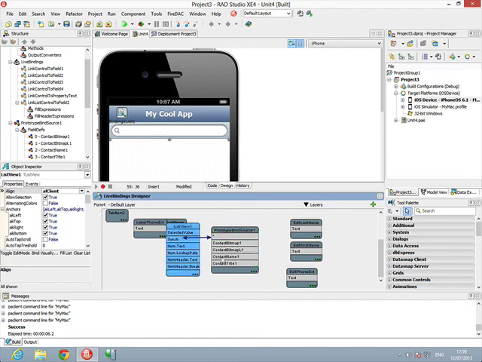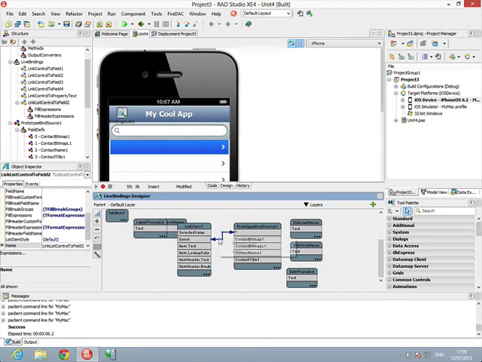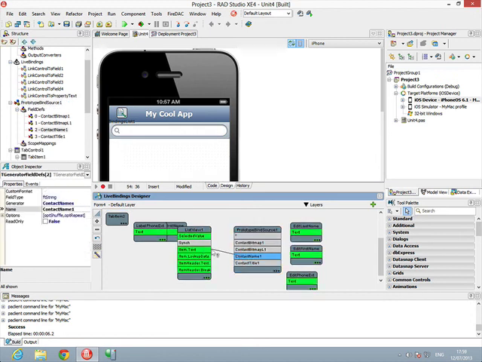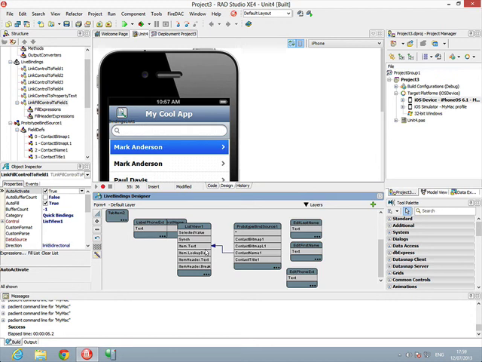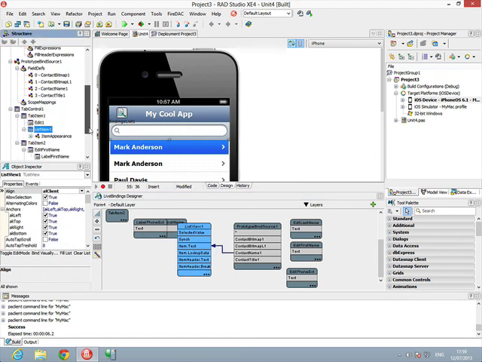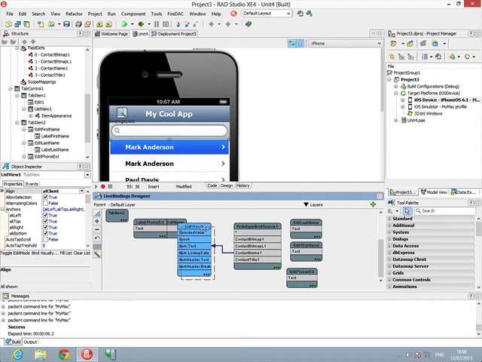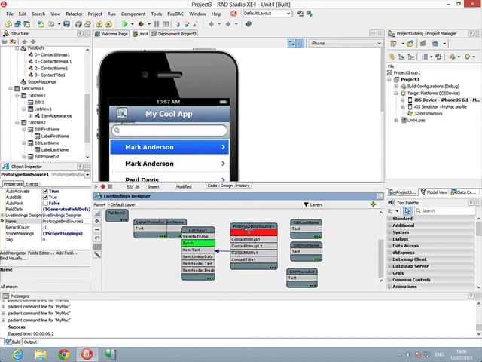Now the item text here we'll put to the contact name, and let's just remove that. There we go. The contact name, and we want to get the image in. So what we can do is on the actual list view itself, we've got the item appearance here, so we can come in here and let's say we want to have an image list item, and by doing that we should now be able to